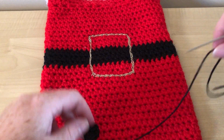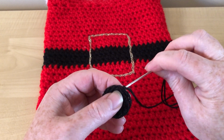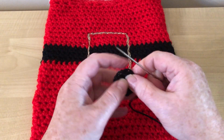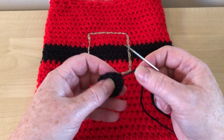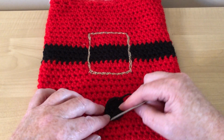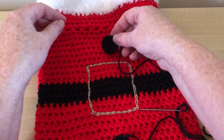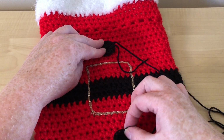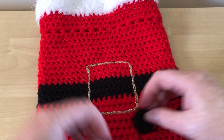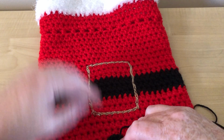I do struggle with needles. Sometimes I find a needle and I think that's got a lovely big eye, and then I can't thread it when I get it. So just place it where you're going to want it. Say maybe there, perhaps there, because we need to make sure that that one is about the same distance. So maybe there. I did on my other one do them both at the bottom, but this one I did more. So yeah, going to put it about there, and